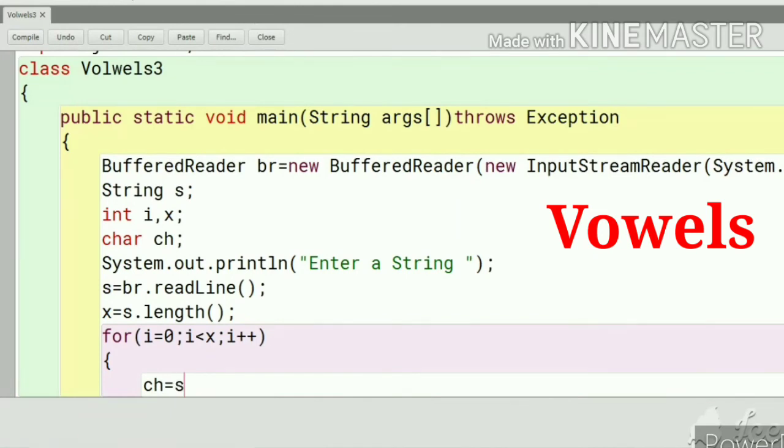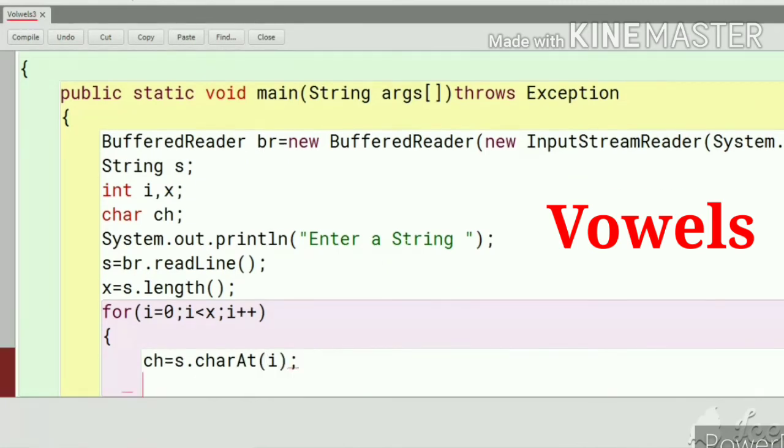The syntax is s.charAt function with index i. This will extract the character from the beginning.